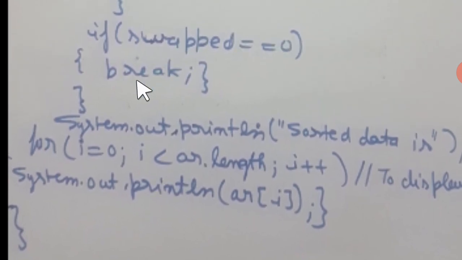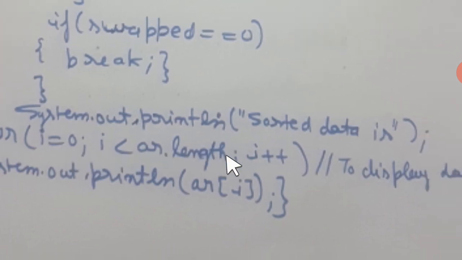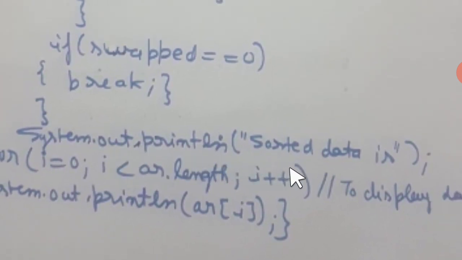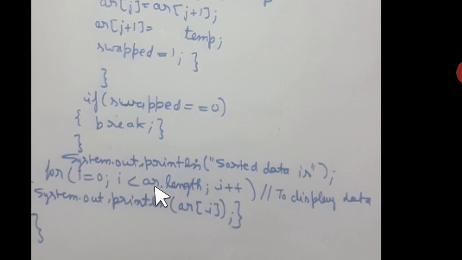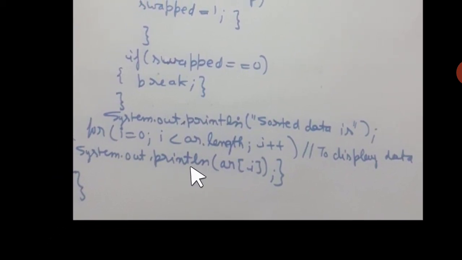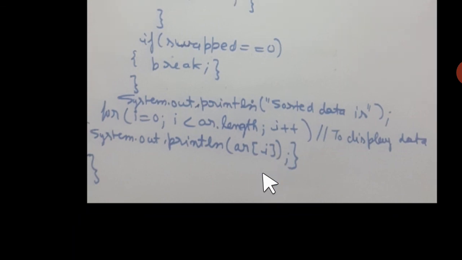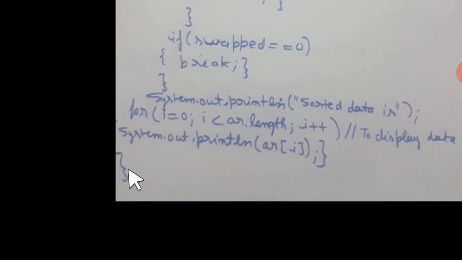And students, after that we simply display the data which has been sorted. So another loop is here. We give a message, System.out.println, sorted data is. So this will be printed. This is a print statement in Java. After that, the loop for display: i equal to 0, then i less than ar dot length, semicolon, i plus plus. Never write minus 1 over there, because that is not meant for display. This is for display, so all the elements are to be displayed. And then System.out.println ar of i. Finally we close the curly brace.